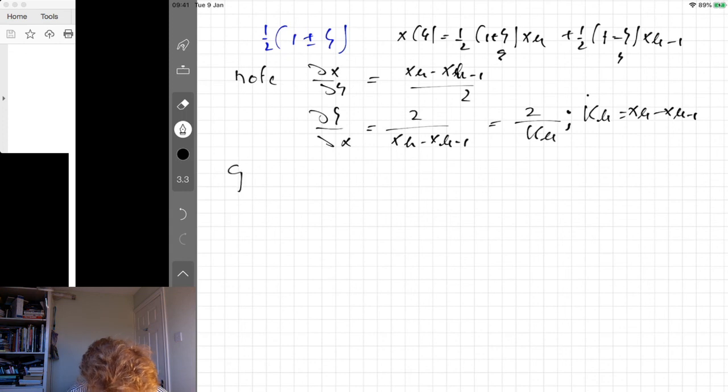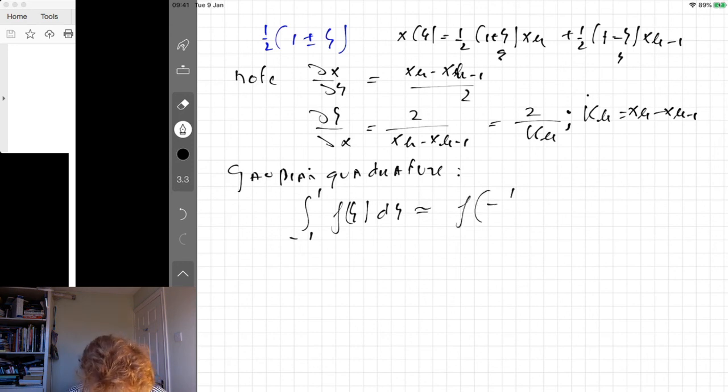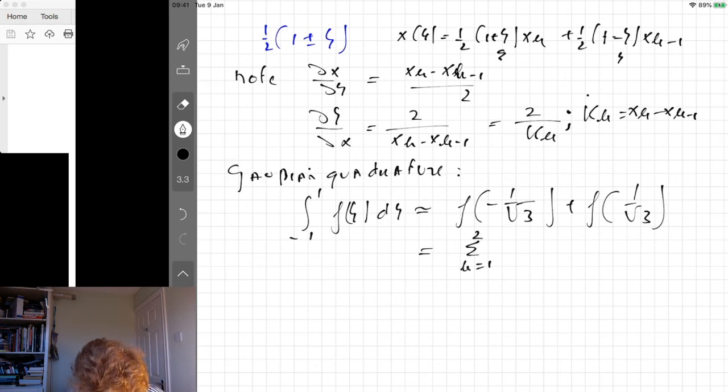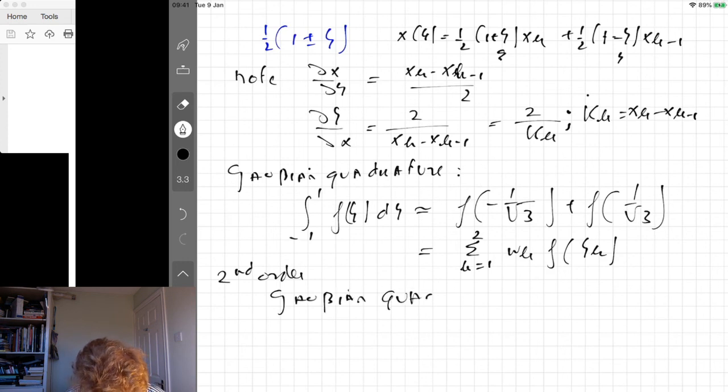Now Gaussian quadrature is a standard quadrature. An integral from minus 1 to 1 of some function f of xi d xi is approximately f at minus 1 over the square root of 3 plus f at 1 over the square root of 3. So this is an approximation. It's the sum over k from 1 to 2 of weights w_k, which are 1, times f of say xi_k. So second order, we use the second order Gaussian quadrature,